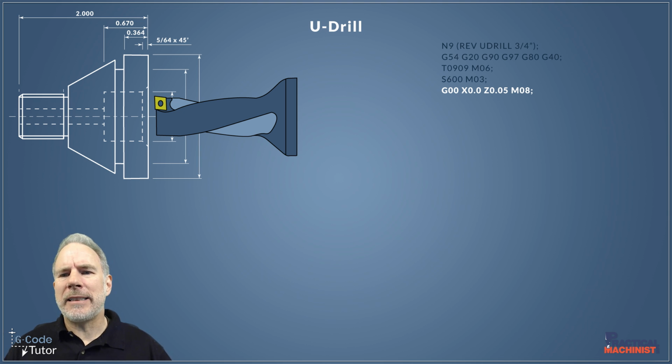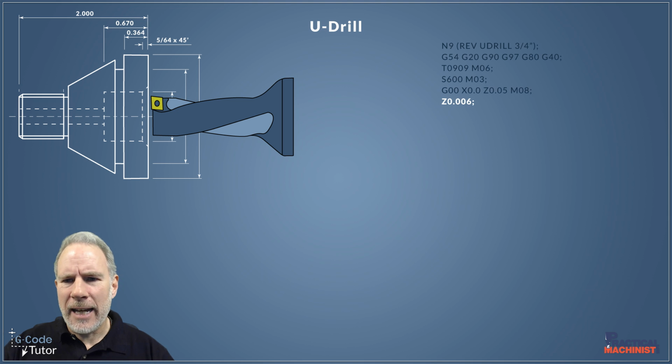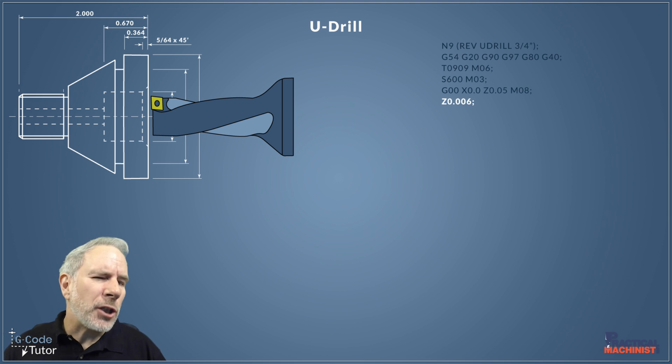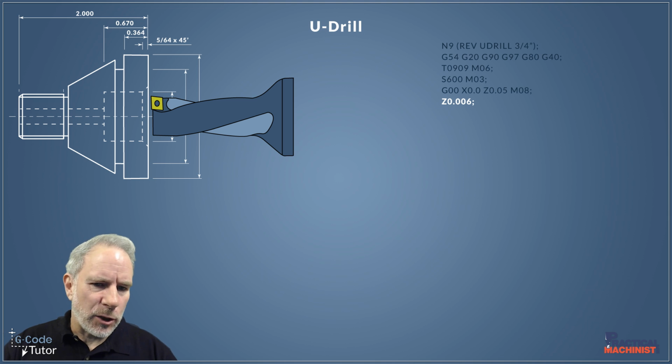Now, why I do this in 2 different moves, because the next line is also a rapid move, is I like to see plenty of clearance there when I'm single blocking, when I'm first running this tape, when I'm first trying out this program. I'm going to bring that in with a good clearance, and then on the next line right here, we're coming in to only 6 thou away from that face. By doing this on 2 lines, it doesn't make your programs any slower to produce the part, but it does add that extra safety margin in there so we can see that we're not having a 2-axis move straight near that face.